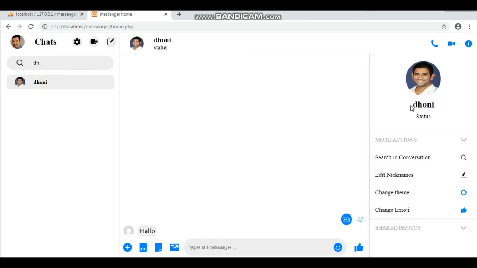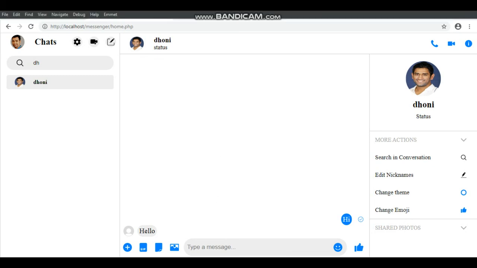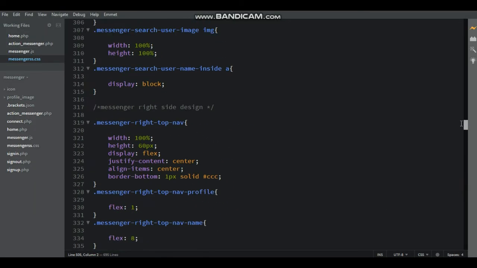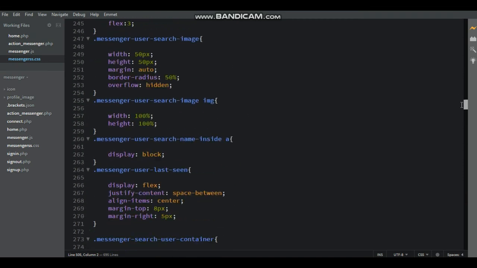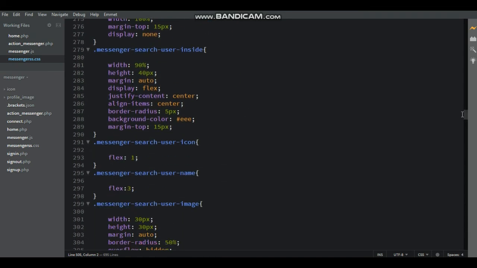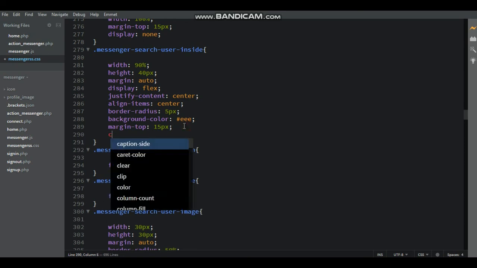Then search user profile click. Here fetch the search user chat top name and profile information, that is user image and username. Now make search users messenger search user inside. Here write cursor pointer.